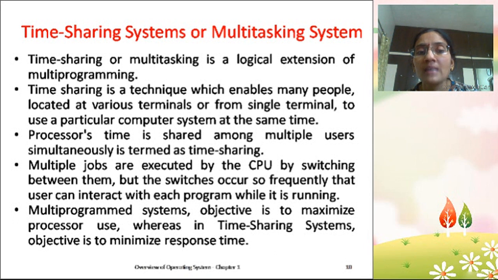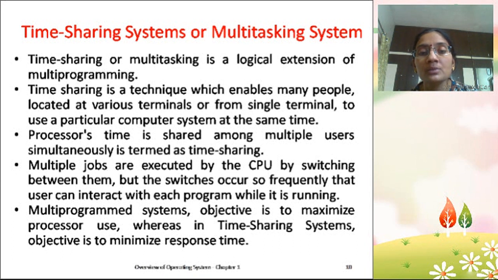This switching is performed so fast that each user has the feeling that the CPU is working for them only. The multi-program system's objective is to maximize processor use, whereas in a time-shared system the objective is to minimize response time. Response time means the response given to the user.